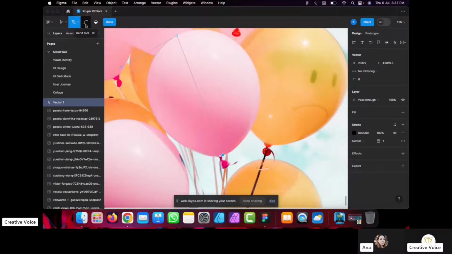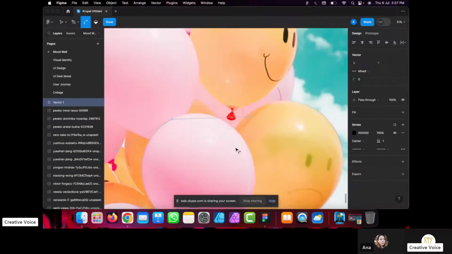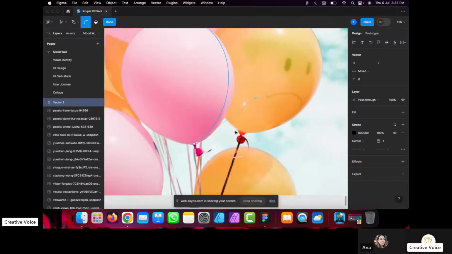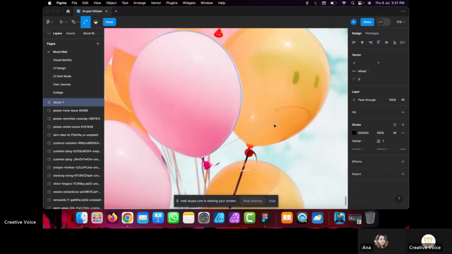So then you go to the bend tool. You again try to get the shape roughly. It will take several trials. Not worrying about it. You see it's roughly the shape you wanted. And you can always use these things on the side to